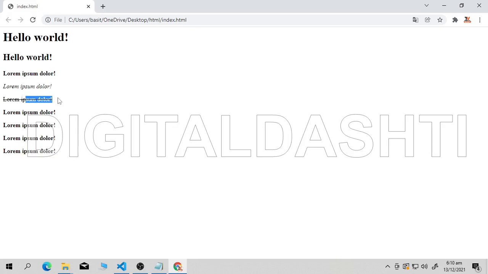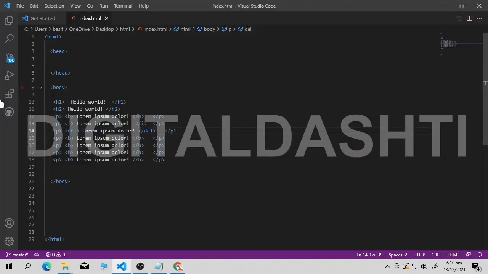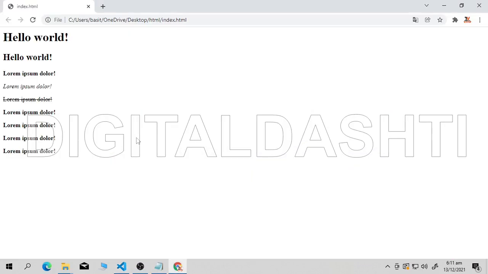There are more things I want to tell you here. How can you underline a text? Very easy. HTML is very easy. It's not rocket science. There isn't any difficult thing. Just write U. U stands for underline. This is my U tag. I close this element here, I save it, go to my browser, and press F5 to refresh the page. As you can see, this text got underlined.